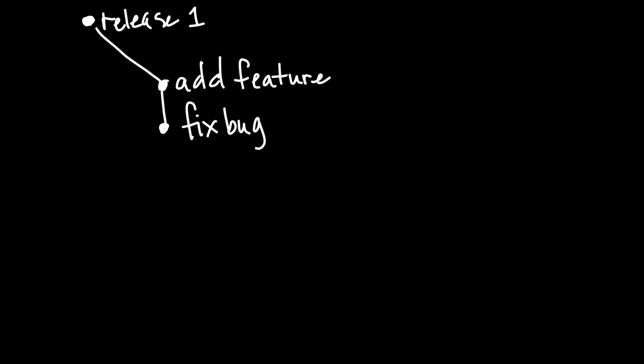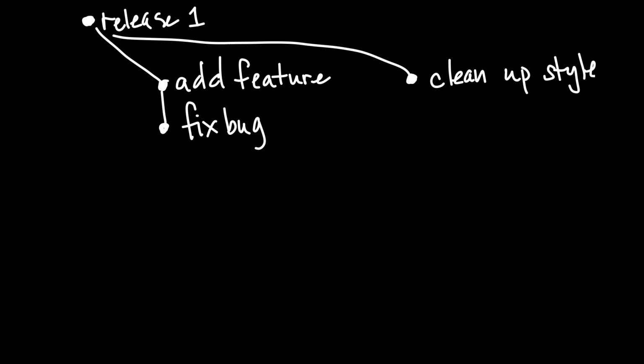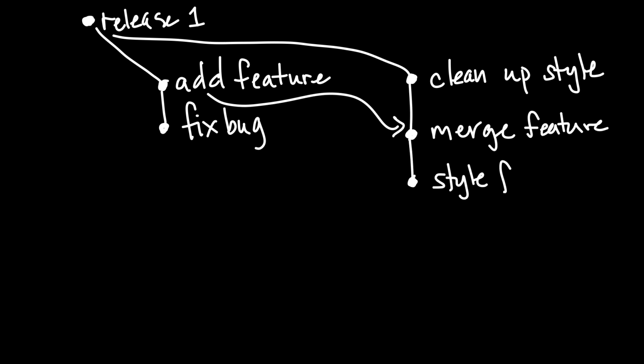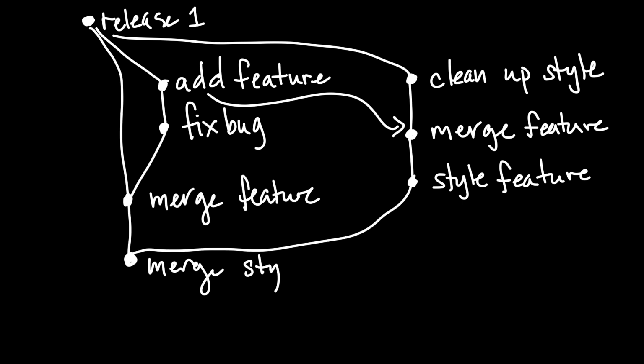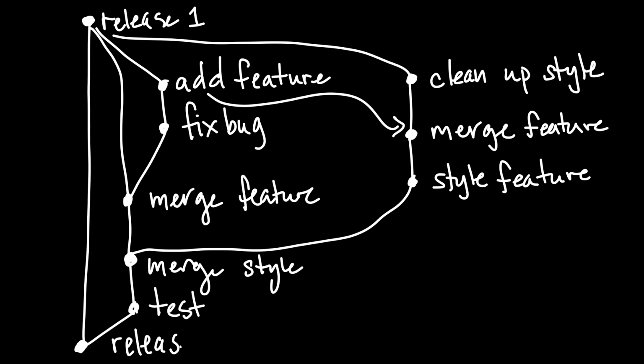Developers can work independently, or they can merge things when they add something that would help another developer. For example, graphics can type git merge to pull over a feature from the coding branch and start styling it. When all the developers feel ready, we merge everything back into the test. Then if it's stable, it gets merged back into the release branch. Then you lather, rinse, repeat for as long as the project is happening. And that's all you need to know to get started with branching and merging.